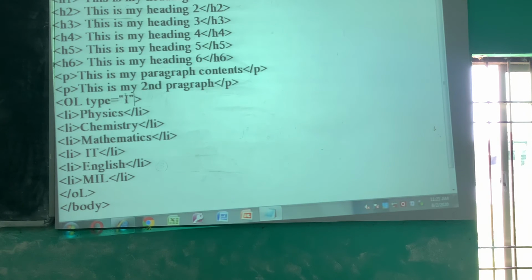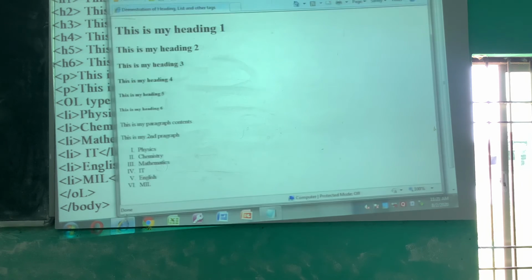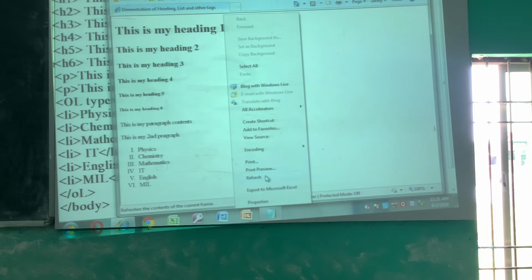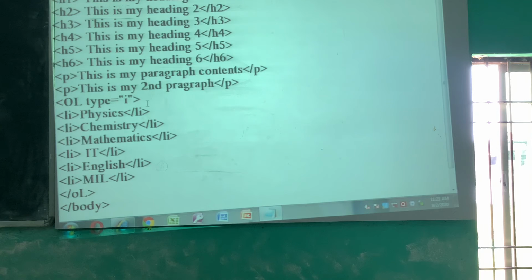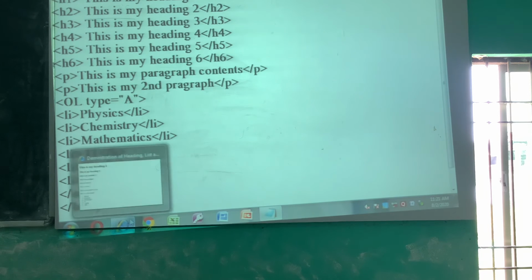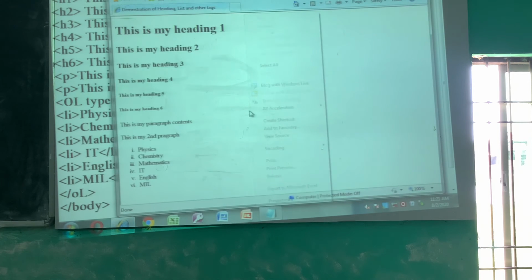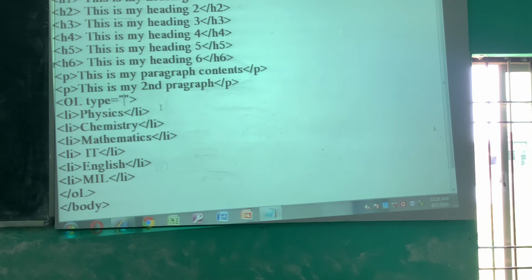And if you type small i, then you also see the listed items like that. And if you specify type equal to A, you will see the items in ABCD format, simply small a, small abcd.